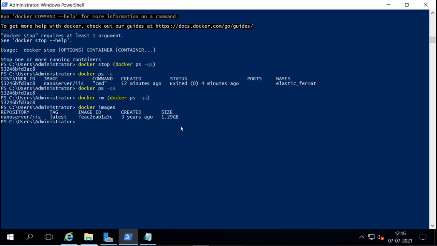It's the smallest way of running isolated applications. Either we can use a whole virtual machine, or we can just use a container. We can run multiple containers in a single system. And Docker is used to manage the containers.